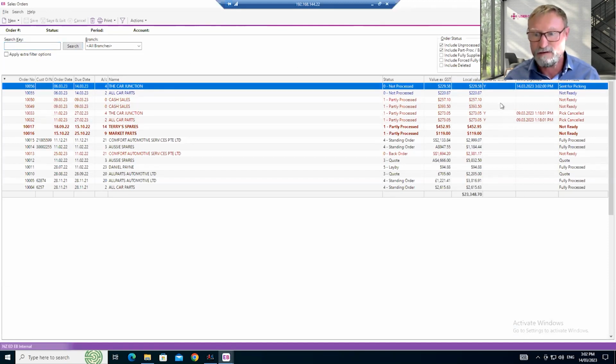Now, in our EXO that we've got set up here on our sales order screen, we've got a few extra fields that tell us information around our eveXso system. So we can see in this case, our order's now been sent to eveXso, gives us the time that it was exported and the phase within the picking process that it's currently sitting at. So now what I'm going to do